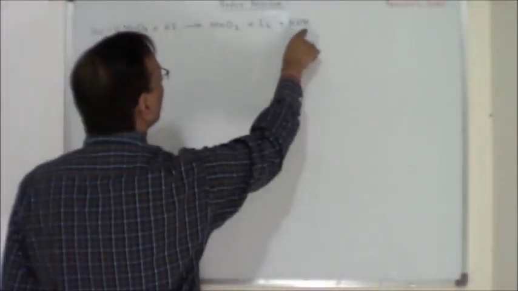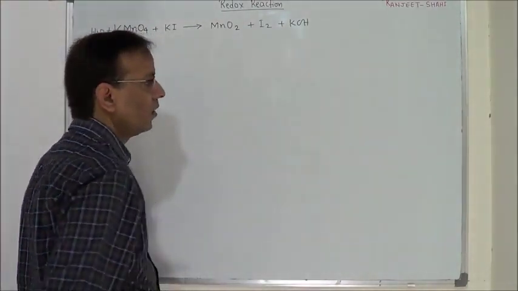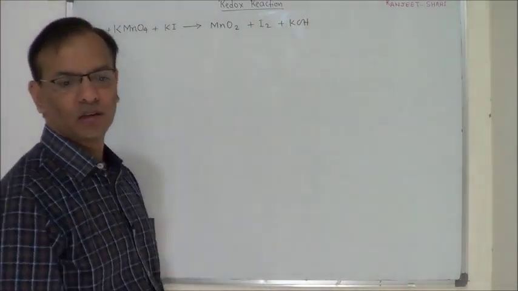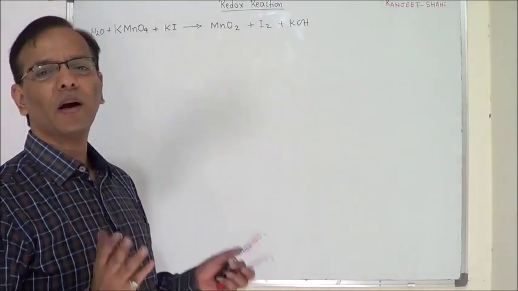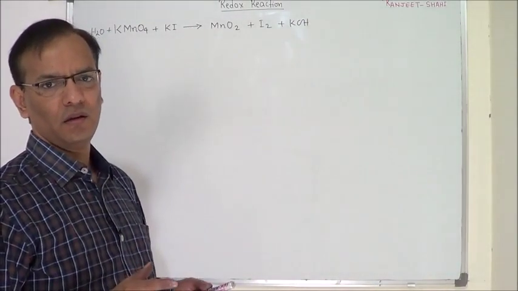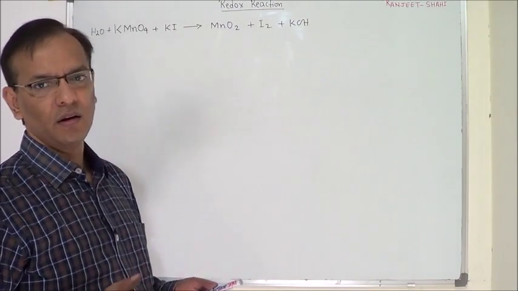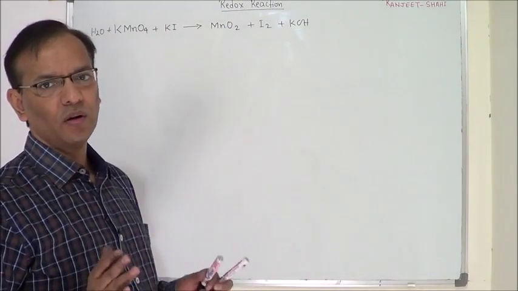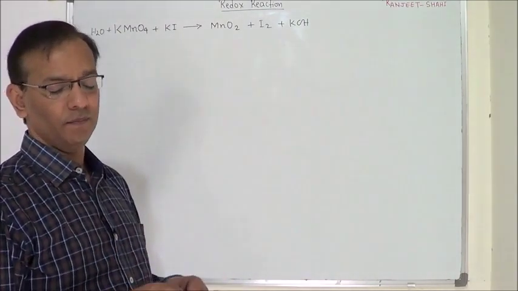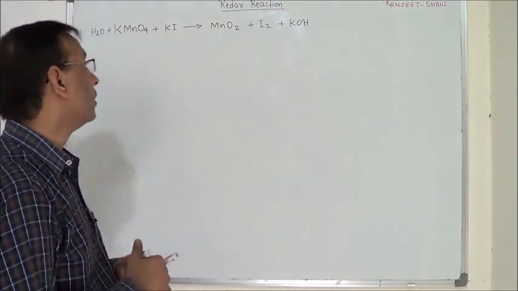Now, how do we know that this reaction is occurring in basic medium? In this reaction, we have KOH. Don't confuse that KOH is a product. KOH is in the medium, and for balancing it may come on any side. That doesn't matter. KOH is not product. KOH is medium. So